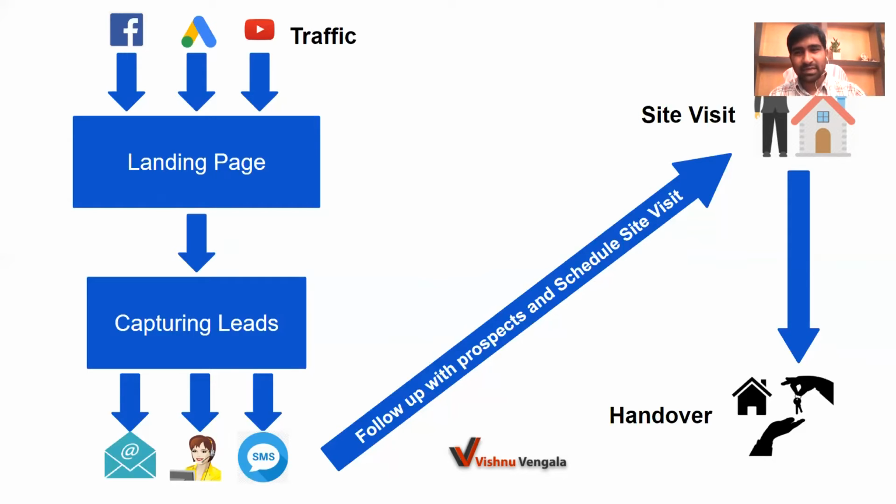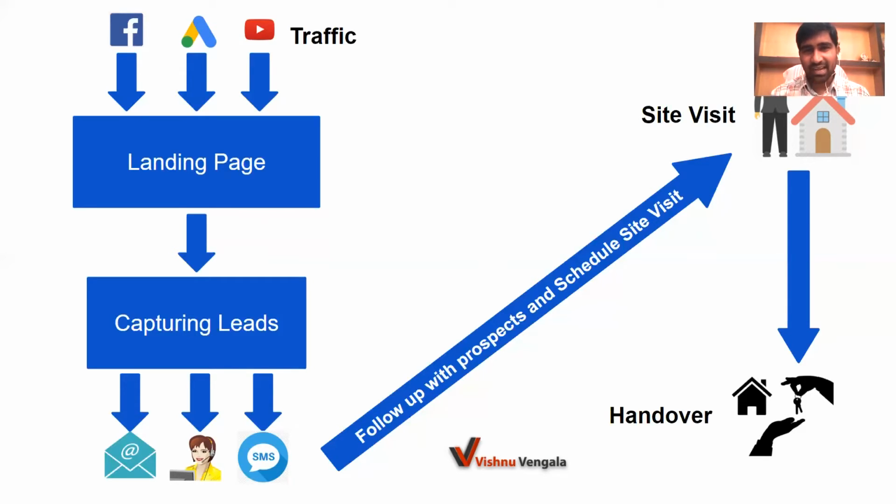A landing page is nothing but a sales page which will give more in-depth details about a particular project or service or product, and it will convince the user by giving the benefits or the solutions that the user gets, or it will provide all the complete information about the service or product, and it will only have one call to action, that is taking the details of the potential customers,